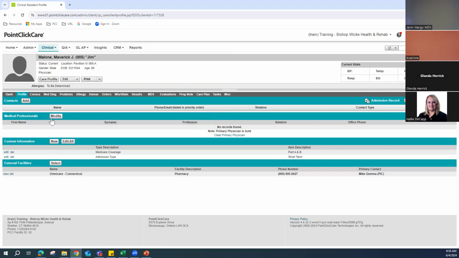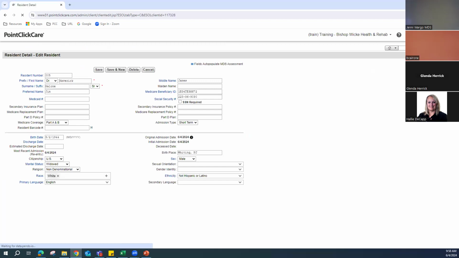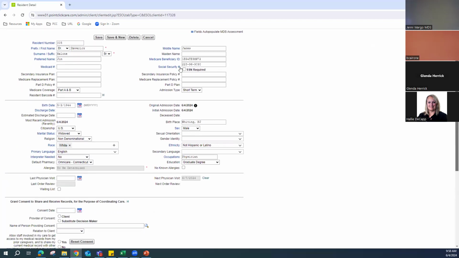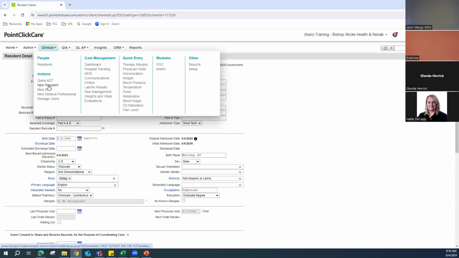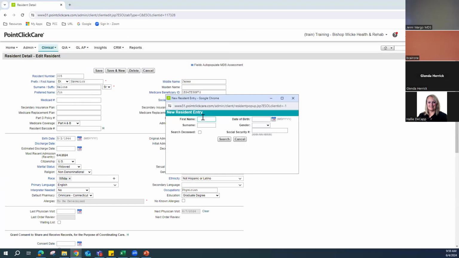So let me do this in 2 stages. I'm going to open Mr. Malone's demographic page, and I can get to it underneath the edit button in the drop-down box. If I go down 3 of the sections here, or the 3rd, you'll find a place where waiting list is listed. Okay, now let's go to entering a new resident, and you still have to go through the